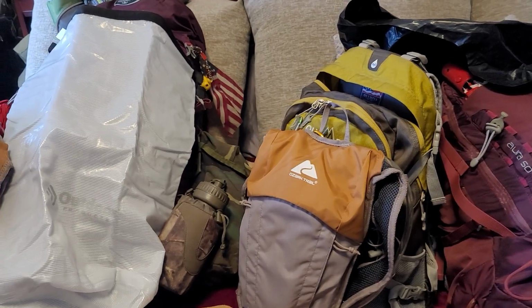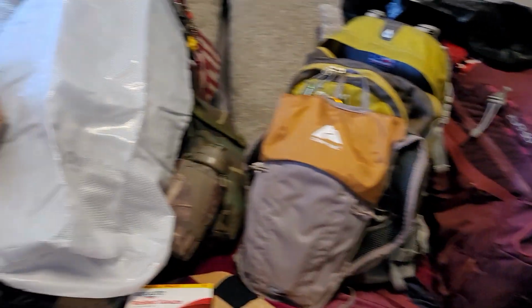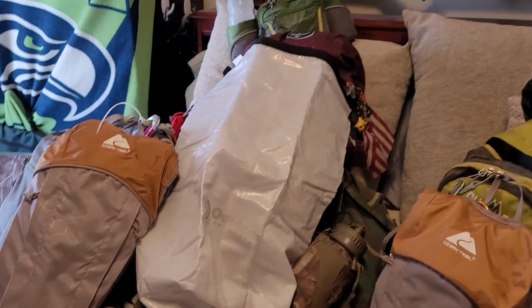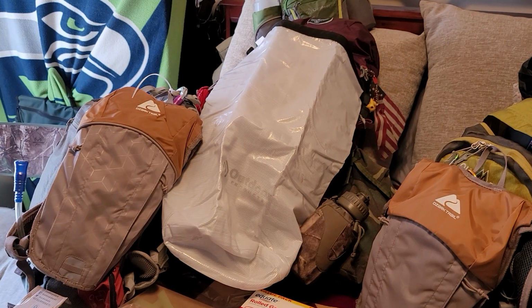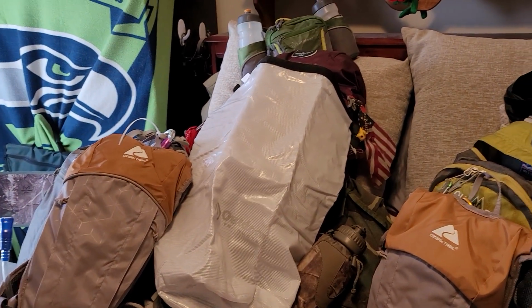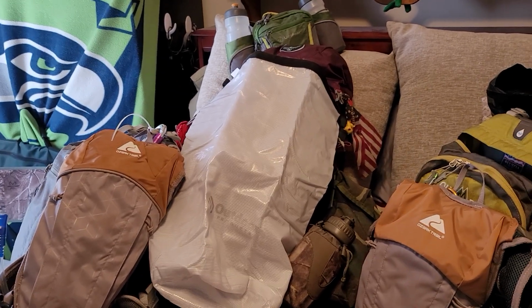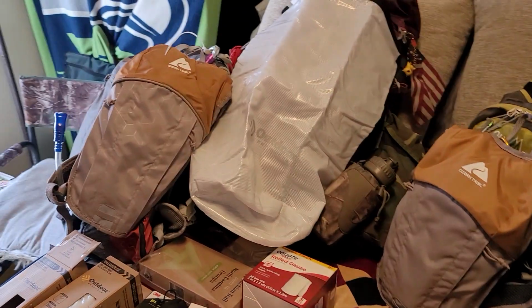My goal is that she basically looks more civilian than me. And my goal is when I get my pack set up, and I get a larger pack, which is what I need so I can put certain items into the backpack to keep them concealed and out of sight, and also to protect them from the elements. So, anyhow,